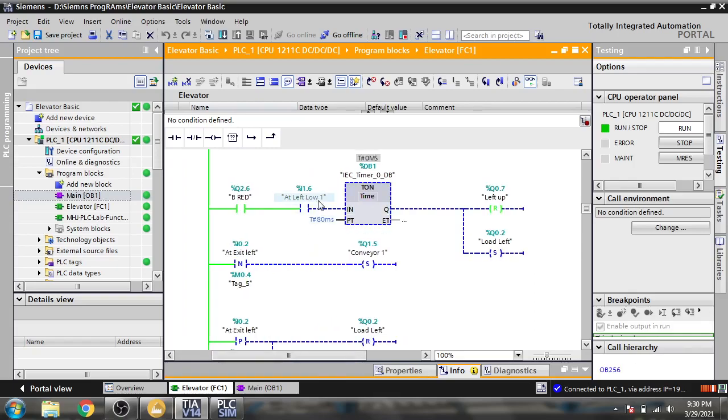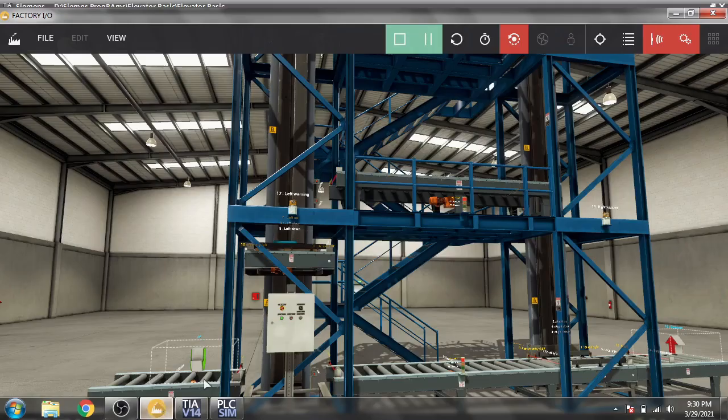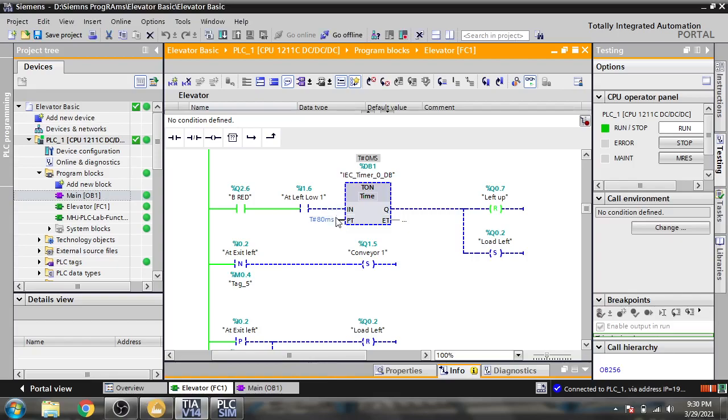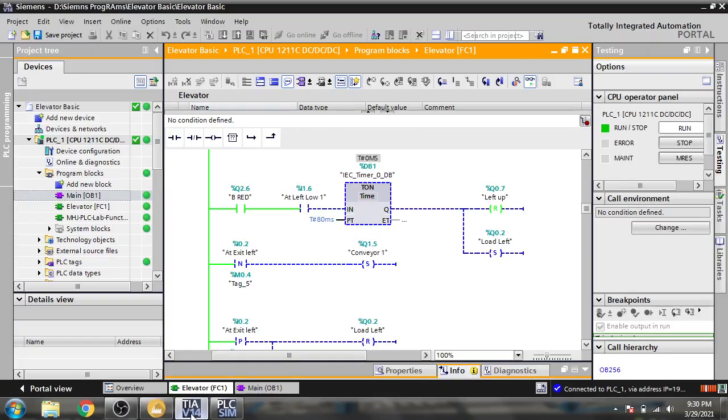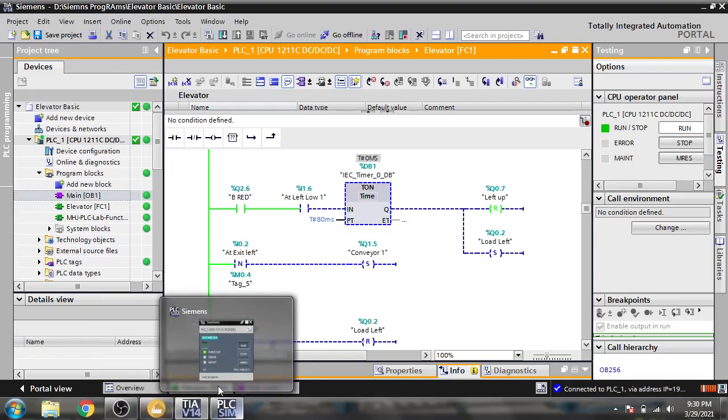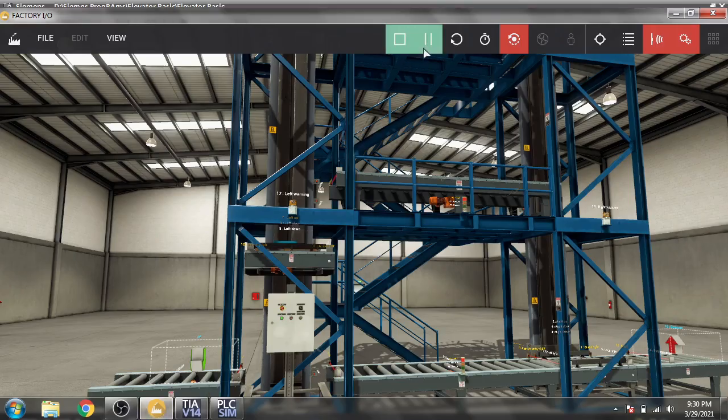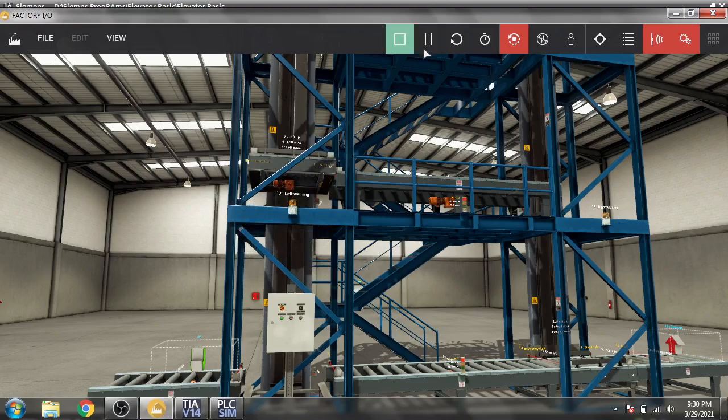When it reaches left low one, here is our left low one, at left low one it will time for 80 milliseconds, and then reset left up and set load left. So you will see what it will do.